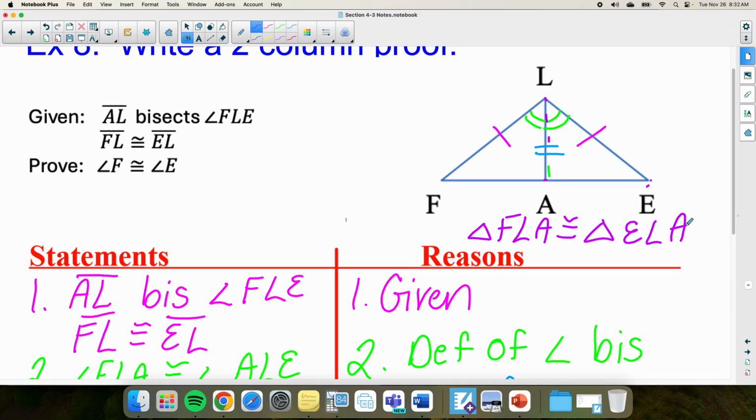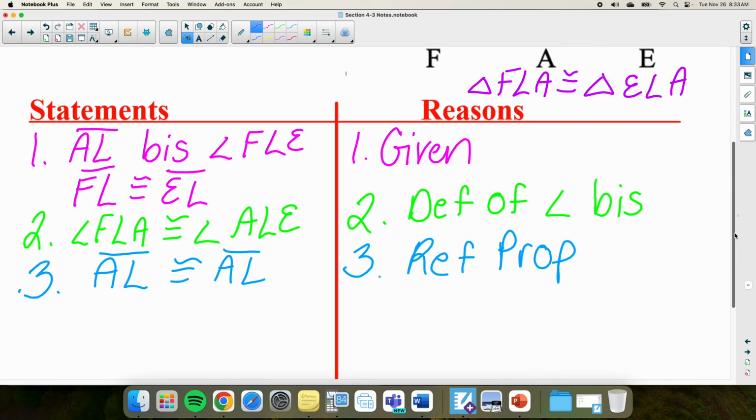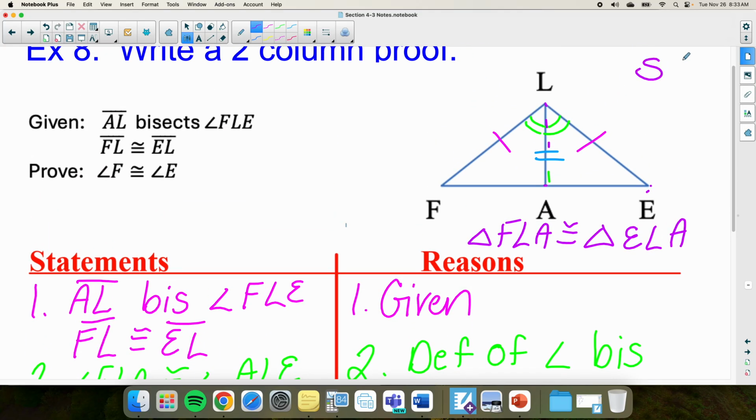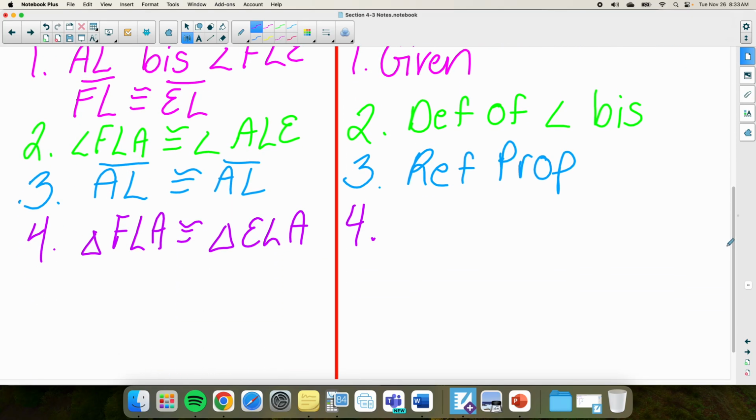Now, if yours was a little different here, as long as F and E line up, L and L line up, and A line up, you're fine. But this is not the only way you could write that, and that makes it a little bit more difficult. So now we're gonna say triangle FLA is congruent to triangle ELA, and that is by, is it SSS or SAS? Yep. So we'd say SAS,